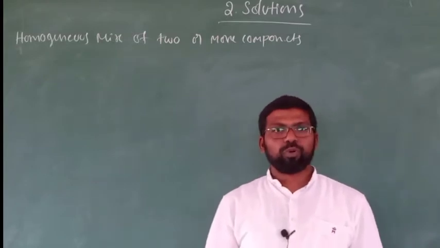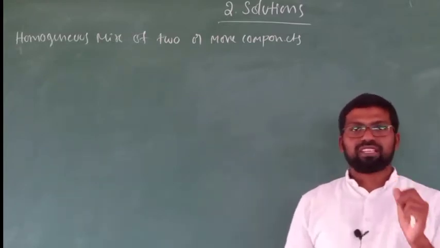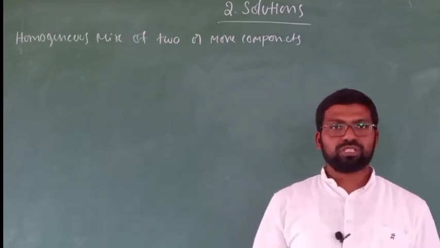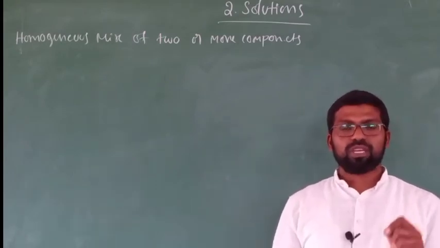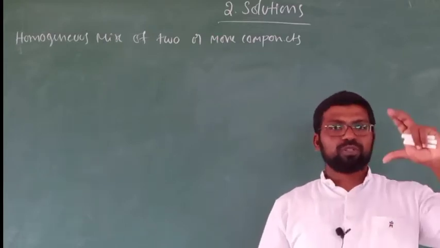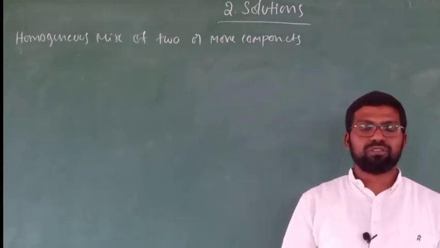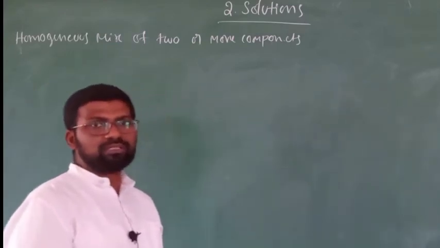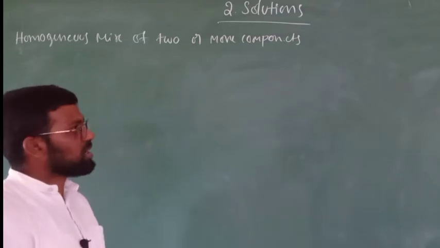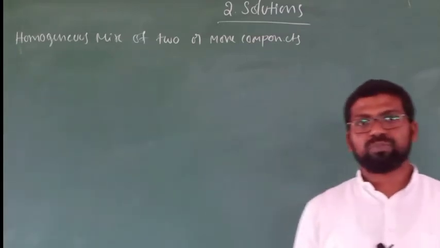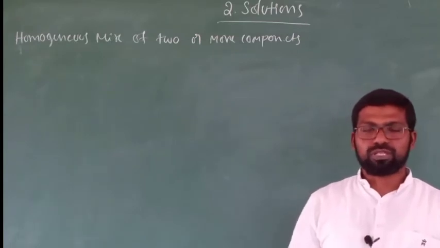But there are a few compounds. For example, when salt is added to water, salt easily dissolves in water. After a few seconds, we cannot find salt particles in it. If you observe, you can find a clear solution. That means salt particles cannot be found in the mixture. Such solutions are called homogeneous mixtures. Homogeneous mixtures generally form clear solutions.